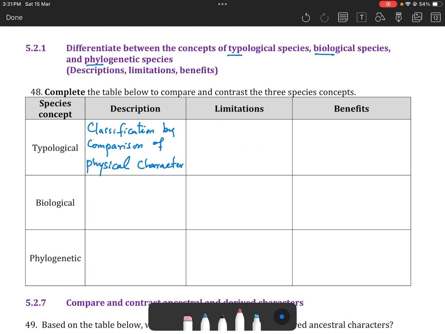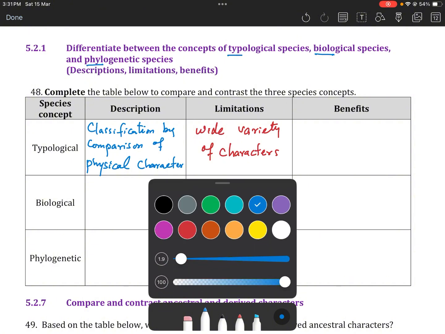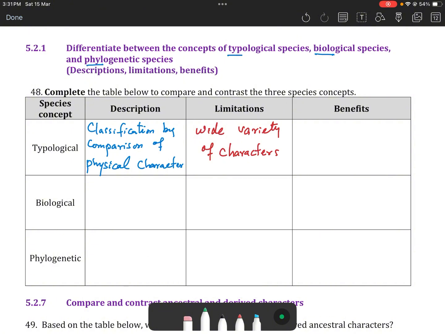And what is the benefit for this one? The benefit is like it tells you about the details. So it provides details of all characters. So you can have a detail of all characters for all the organisms. Going back again to